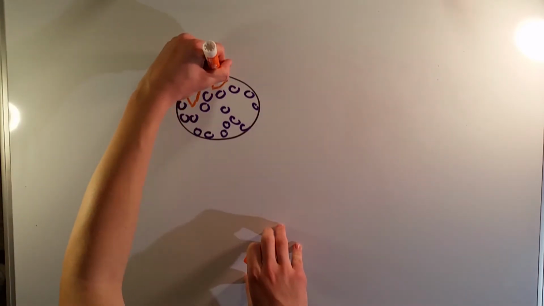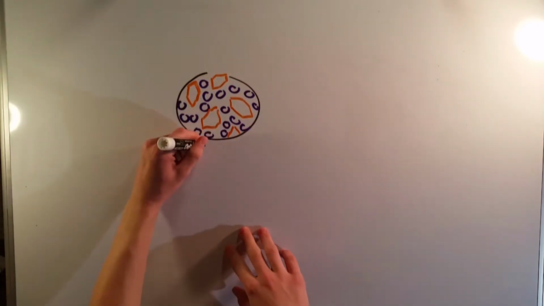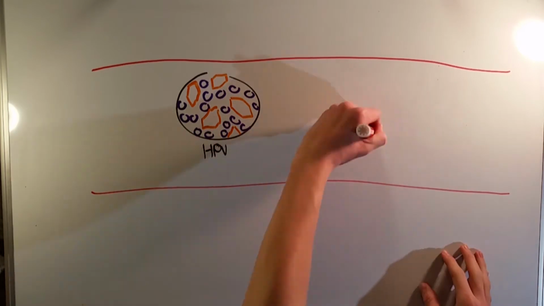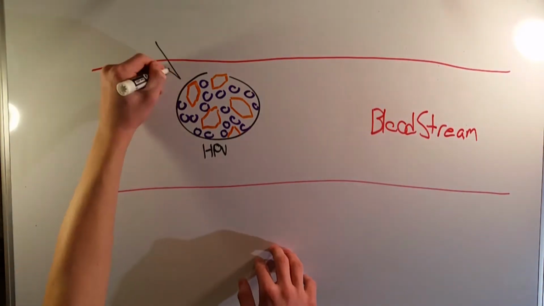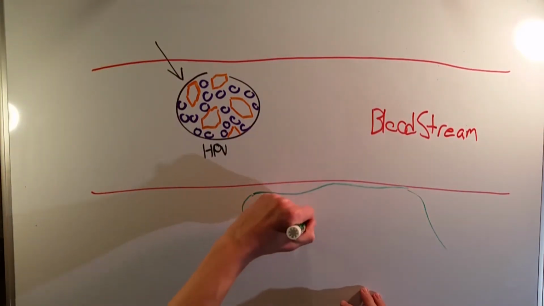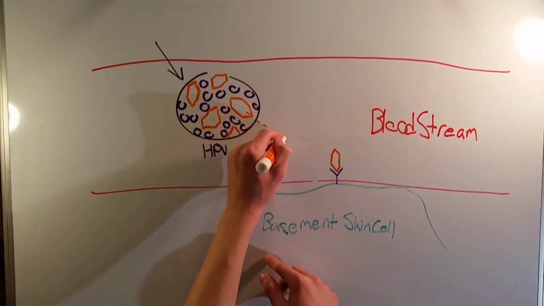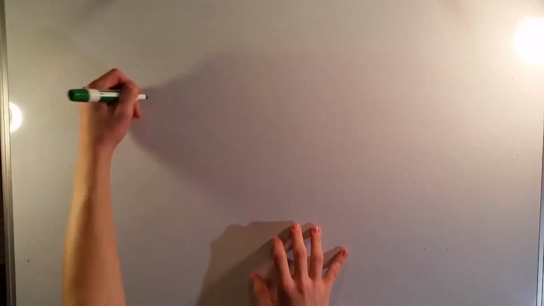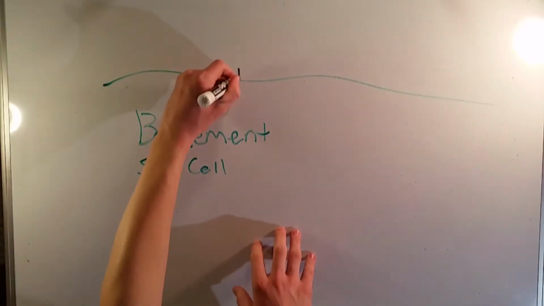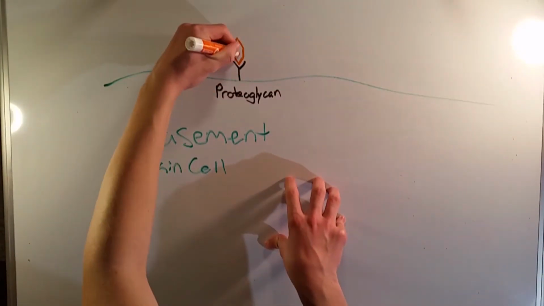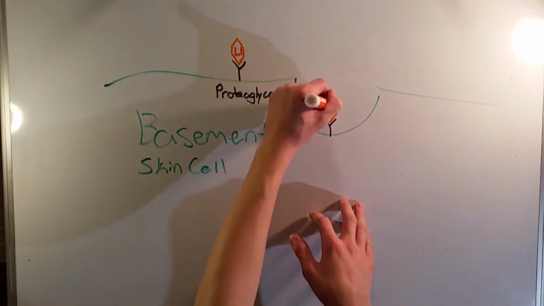An HPV infection starts when HPV enters the body and the bloodstream, where it ejects one of its L1 proteins, which will be free-floating until it attaches to a proteoglycan on a basement skin cell. Once the L1 protein lands on a proteoglycan, it begins to be enveloped into the basement skin cell, and once